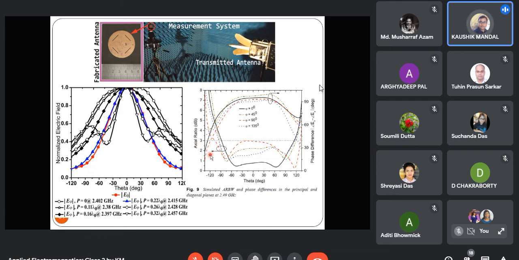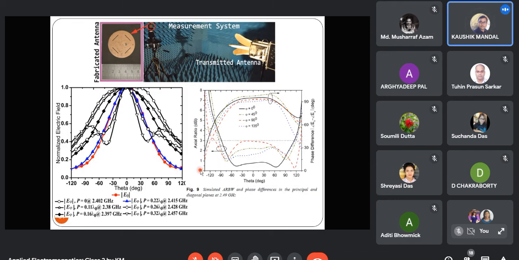Next, as I mentioned, we need to find out the axial ratio. For purely circular polarization, what should be the value of axial ratio? That is the minor axis by major axis, OB by OA. Its magnitude is 1. But if you convert it into dB, that will be 0 dB. Okay. So theoretically, for pure circular polarization, what should be the axial ratio value? 0 dB. Okay, axial ratio value will be 0.